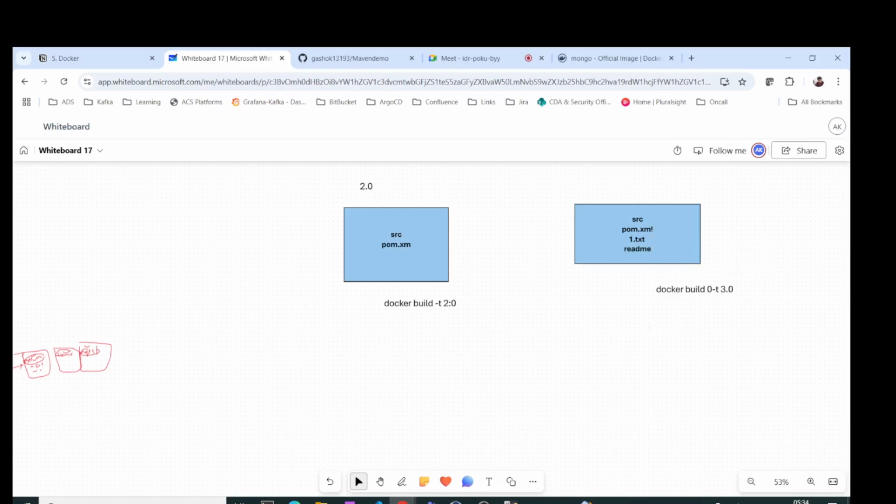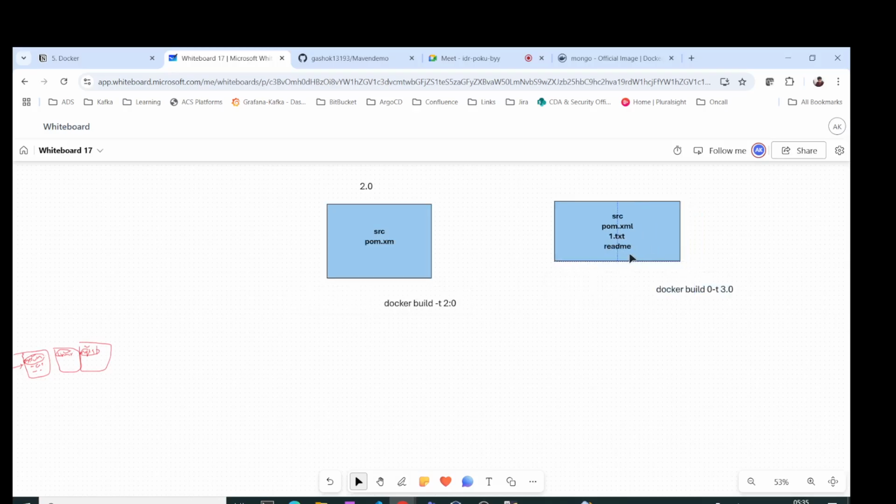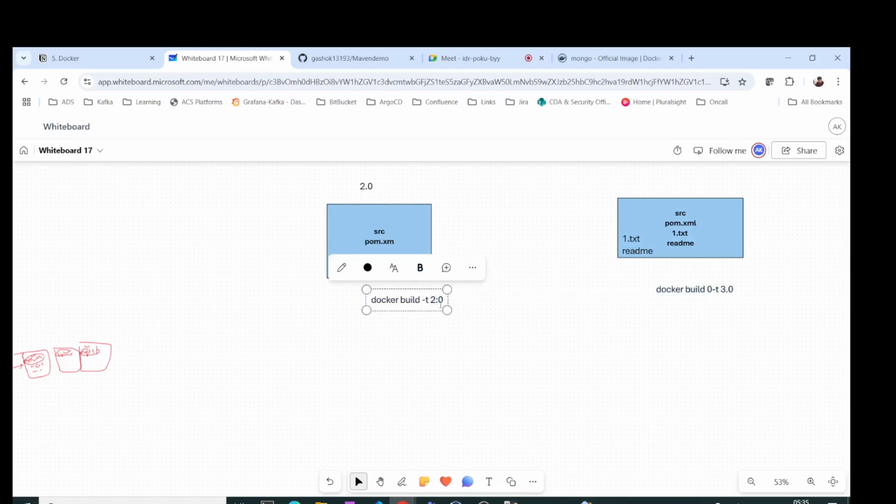What will happen? So this will have this additional code one.txt and readme.md file, but the other build will not have these. So I am just giving an example here, but in case you have some code changes here, and then you try to execute this with the same build number, then actually in case, okay, one more thing,